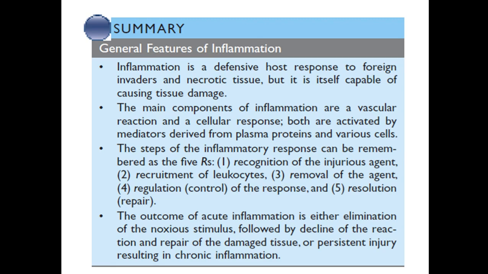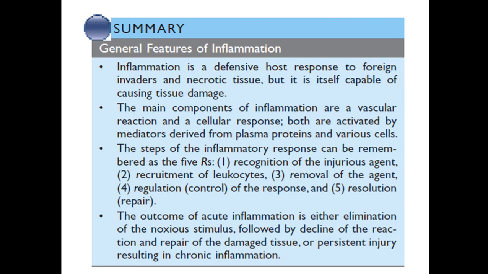And the final step will be to finish the process, to resolve the process. And mostly in acute inflammation, if the injurious agent is not so severe, not so strong, and if it is not so persistent, it will result in resolution. While